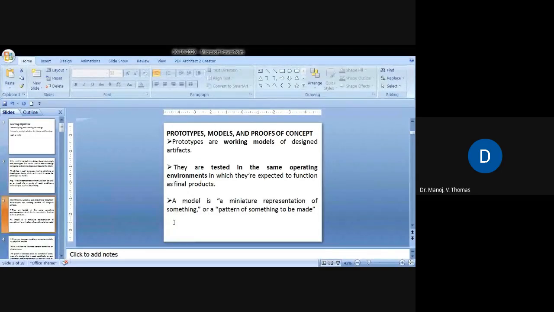So what I was trying to say is alpha version and beta version. Beta version is released for people to test, people to comment, people to give feedback. So they are actually prototypes. And then models. So mathematical models probably will help you to identify a particular feature. Say for example, security aspect.